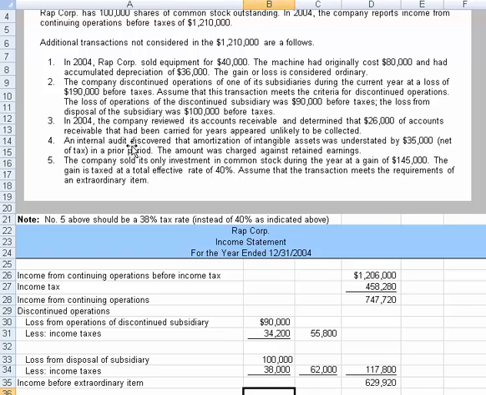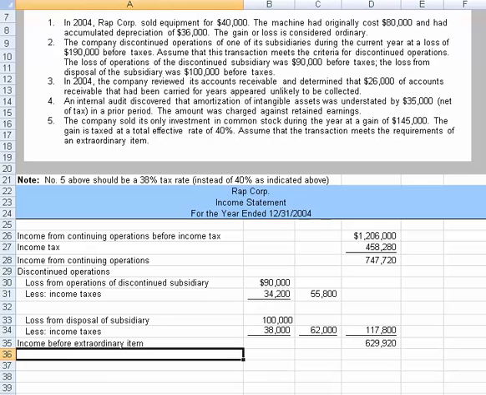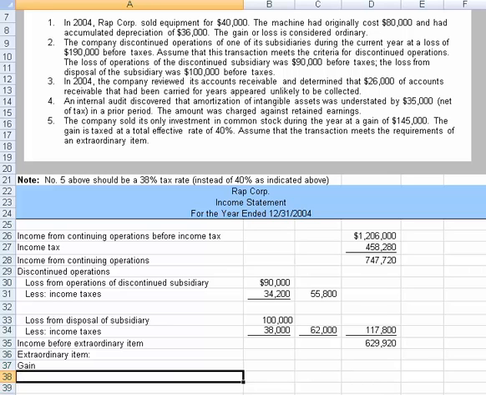Okay, so we have one extraordinary item. Let's slide again, give us some room here. And what I'm going to write down now would be the extraordinary items. So let's type in extraordinary item. There's only one, and what we will type in is gain. Oh, I gotta make all of these visible here. Let's indent this a little bit, and this is